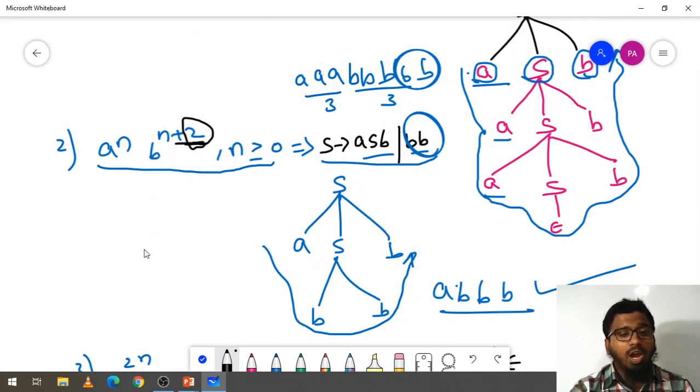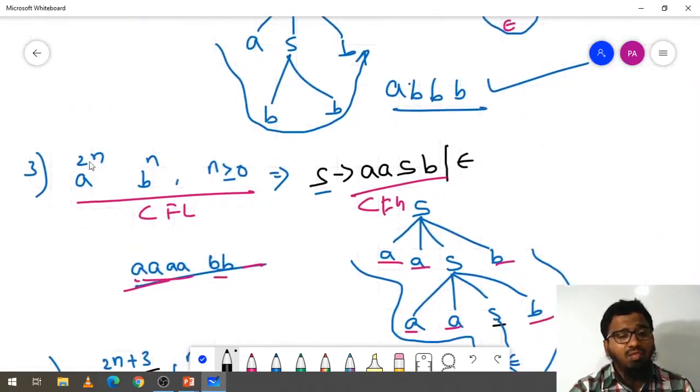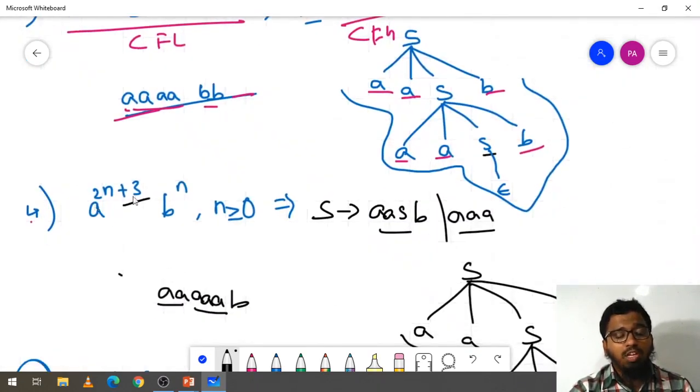So here you need to add b 2 time. Okay, if we have the multiplication like this 2n, so at that time we need to directly add 2 A's in the equation. If you have the combination of these two, so 2 A's you need to add here, plus 3 means whatever, how many time it is there, a power 3 means a we are writing 3 time,